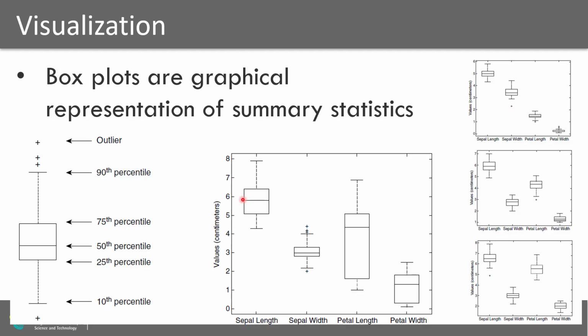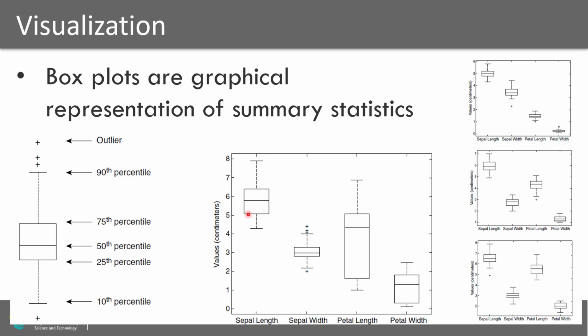at least 50% of the values of the sepal length here, for example, are less than something like 5.8. So this is the 50th percentile, corresponding also to the median, in fact. And then we have the 75th percentile here and the 25th percentile here. We can see also the 10th percentile here and here. And then we have also information on whether there are some outliers. In this case, we do not see any outliers plotted here, in fact,